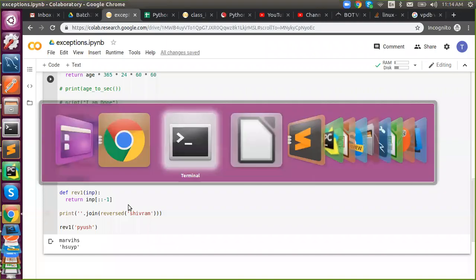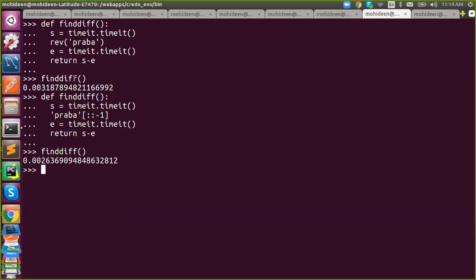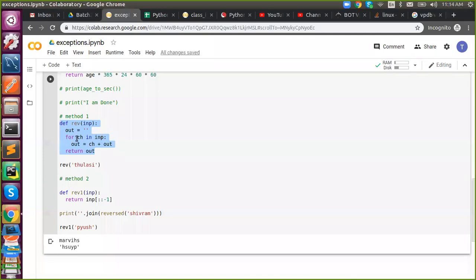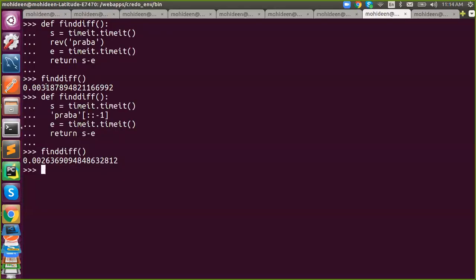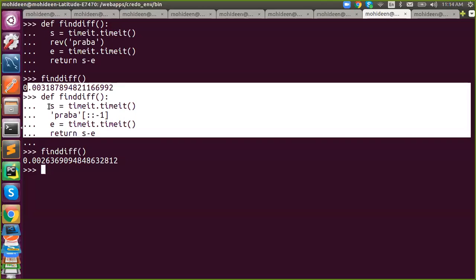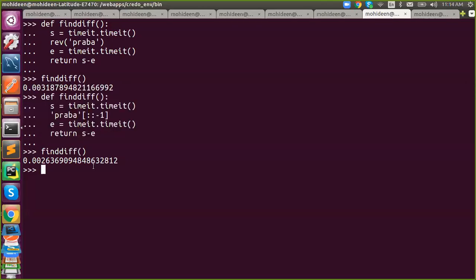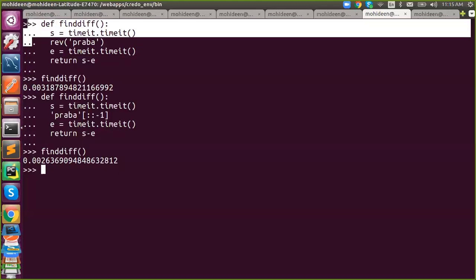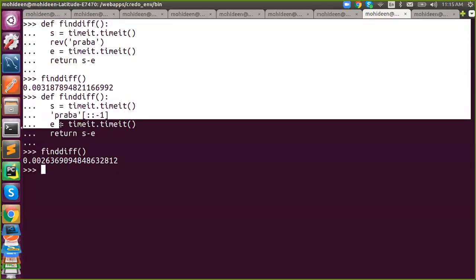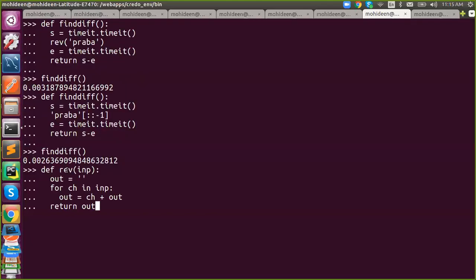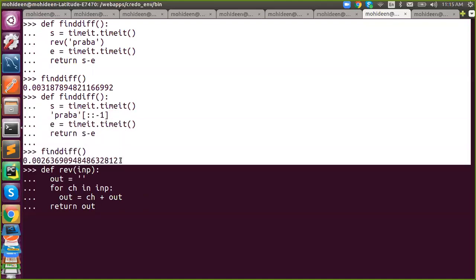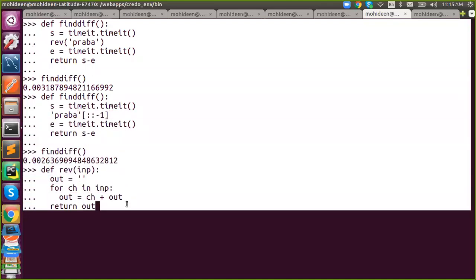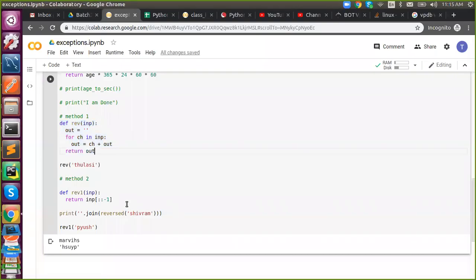I have shown you the two methods. This one, where I wrote a function and iterate, took 0.003 seconds, but this one took just 0.002 seconds. Which one is more efficient? This one, right? So this is the way to find out the efficiency. This is one among the ways, with the help of time, the basic logic, with the help of a stopwatch kind of timer. We can achieve it through a built-in module call. What have I used actually?